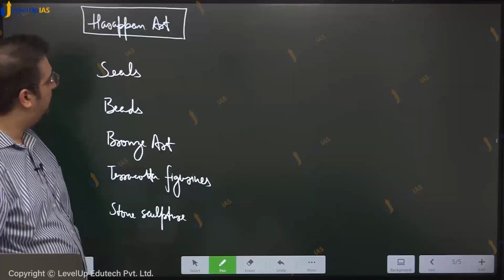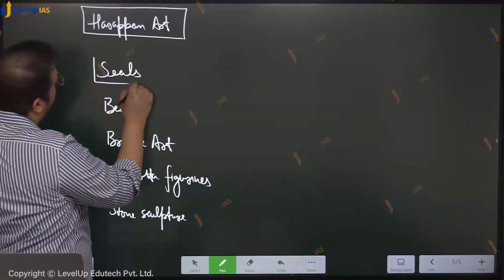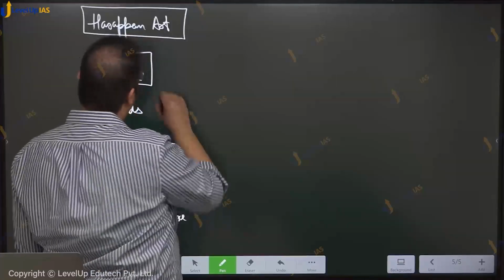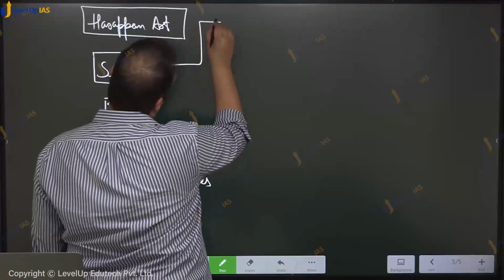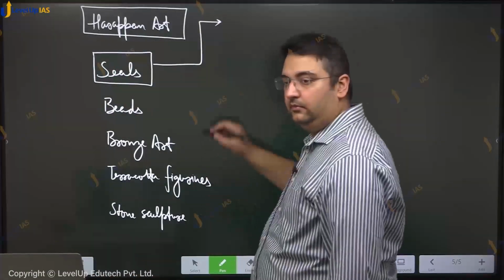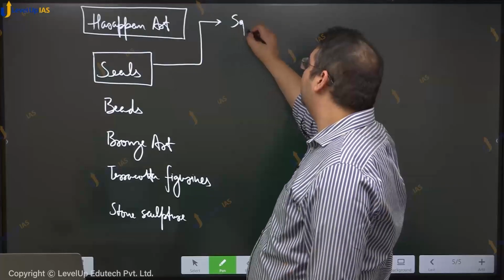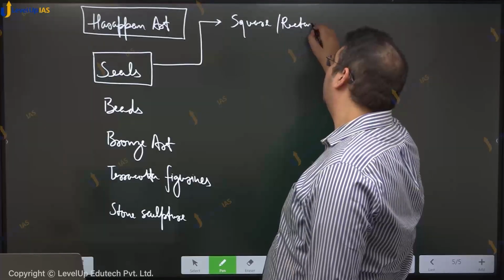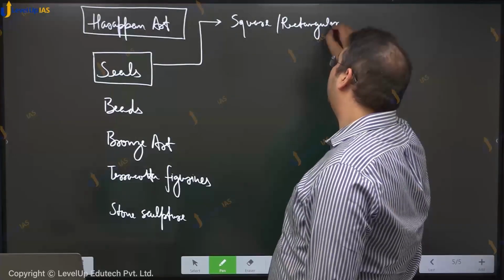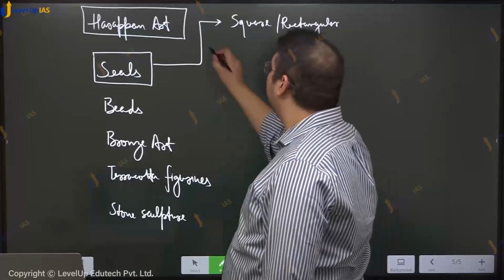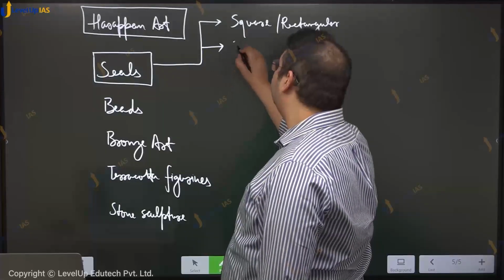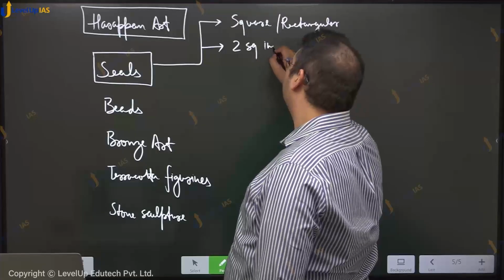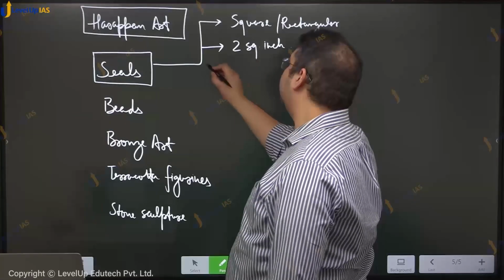Okay, what were the characteristics of the Harappan seals? They were square or rectangular in shape, roughly 2 square inch in size,